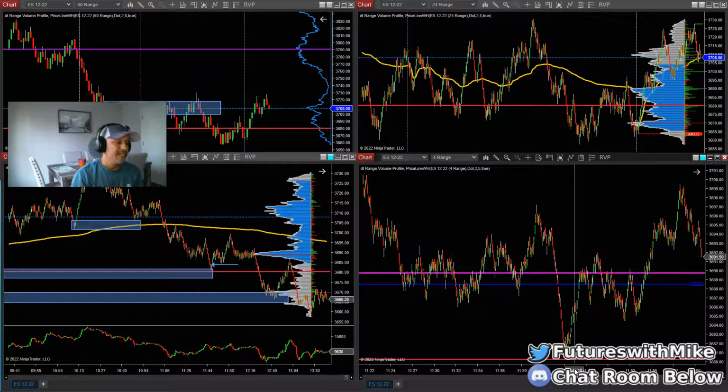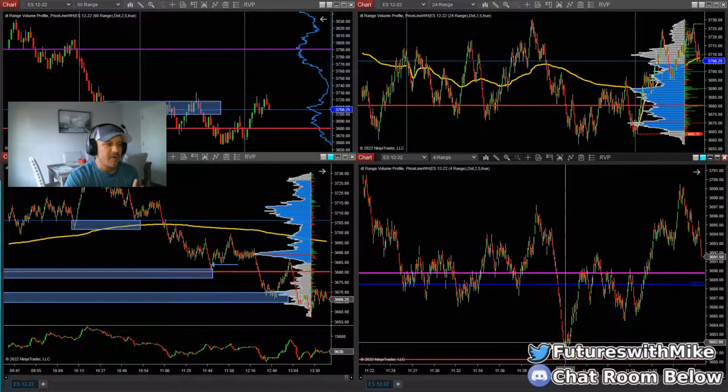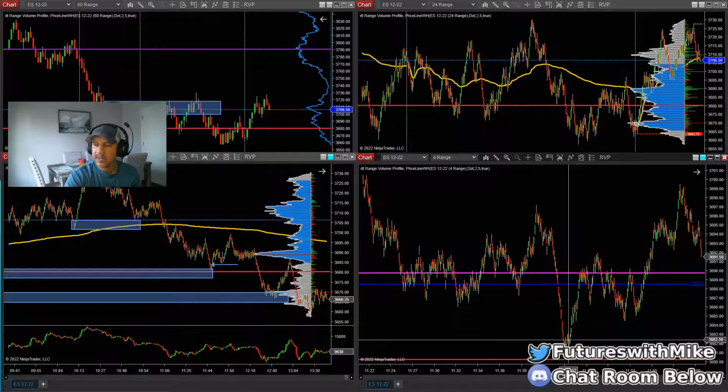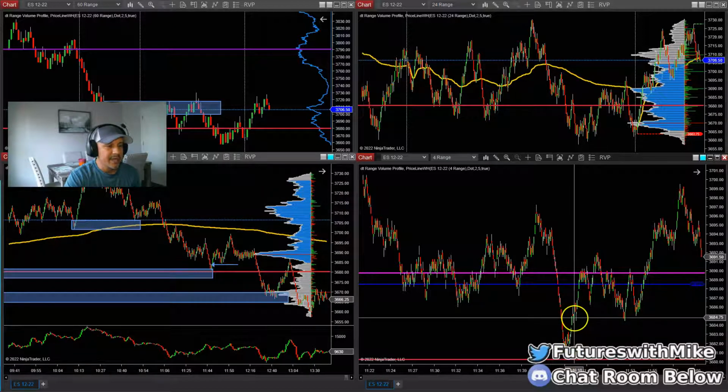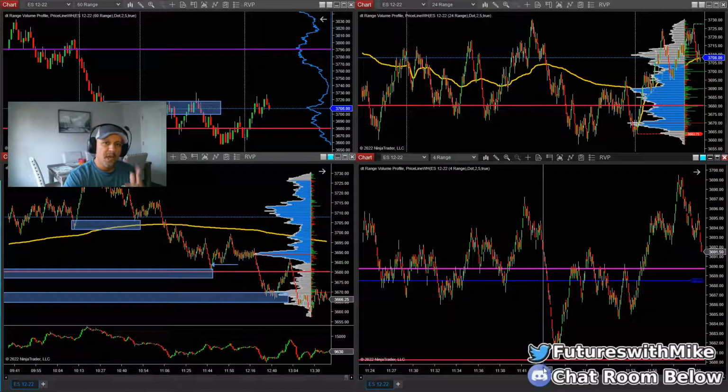But let me show you, because I did mention that. For me, if I was trading off the 4 range chart and I was a beginner looking for that structure break, I probably wouldn't trade this trade. But you also have to be mindful of what's taking place here on the 4 range. And the reason why I would take this off the 4 range, or solely off the 12 range, is because of two things. Even though we don't get a structure break here on the 4 range chart, meaning we're looking for price to start making a lower low, a higher high, and a lower low to make a higher high, breaking through an area of resistance, we don't get that. But what do we get?